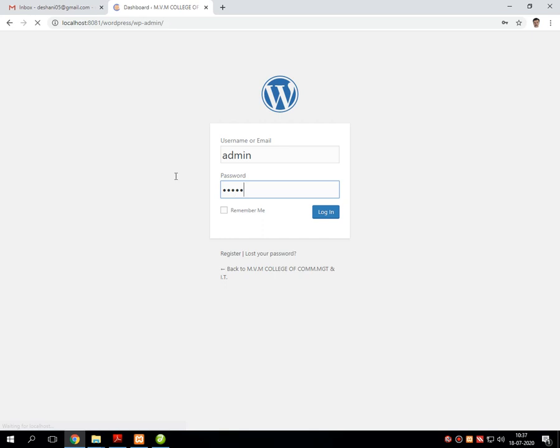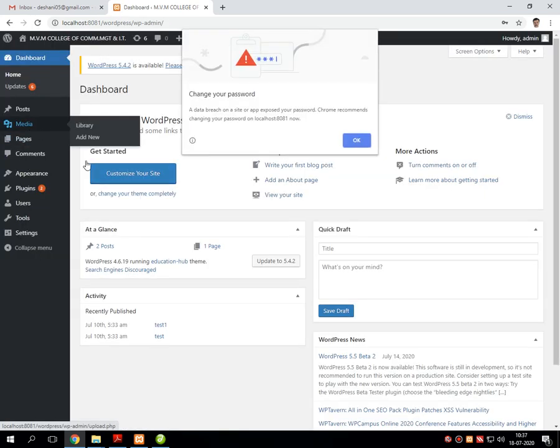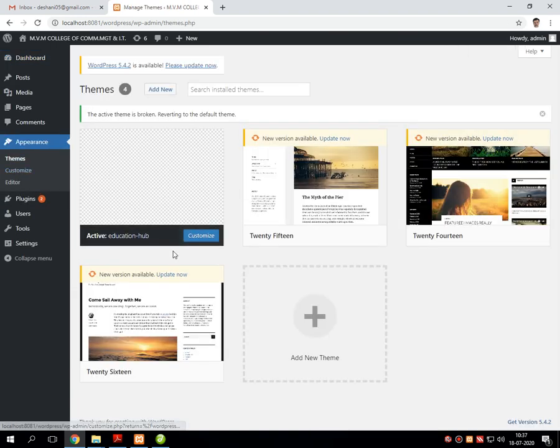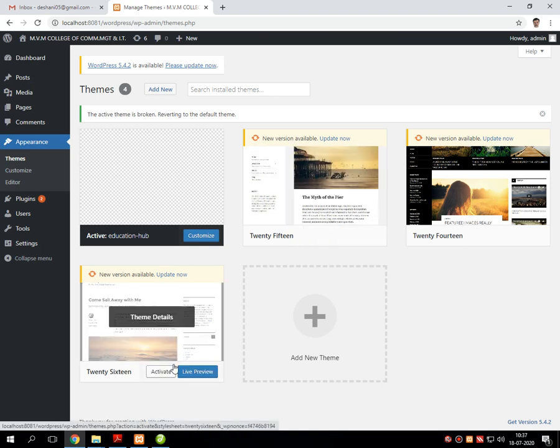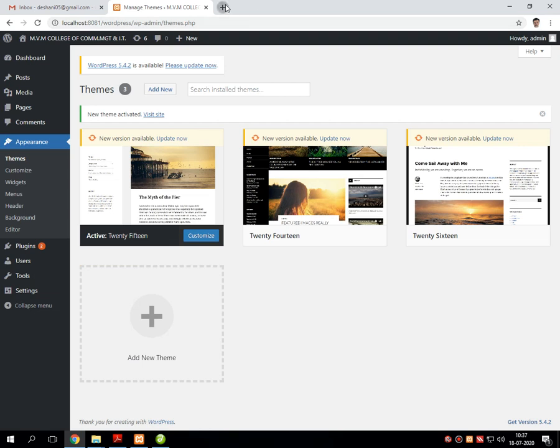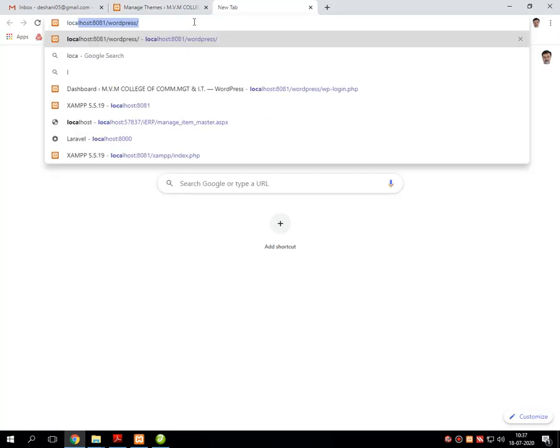Go into the selection window, appearance, and into the theme. Activate the working theme first. Let's check if it works or not.